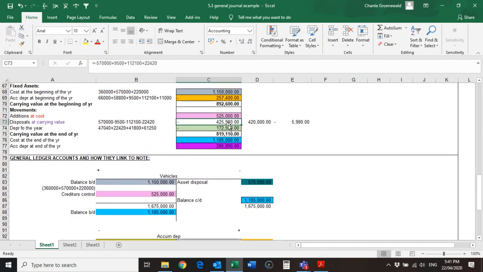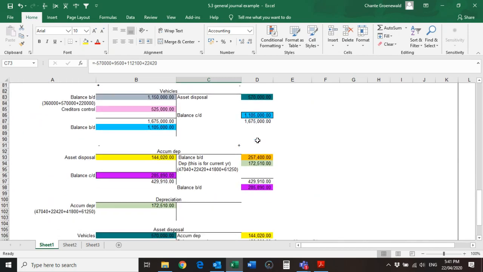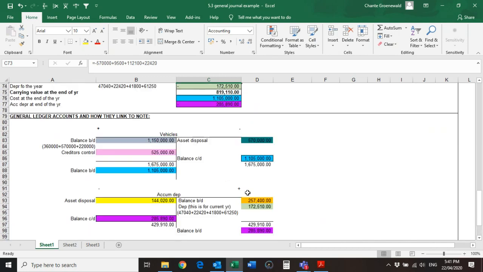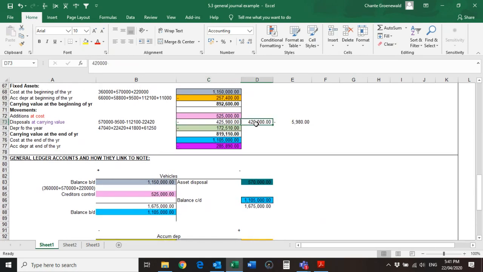So here you are disposing of it. Remember the minus, that's very important. Sometimes you guys forget that. Then you are going to de-recognize it. So here I showed you these two together will give you the carrying value. Here's also another method. I showed you how you are making a loss. You're comparing the carrying value to the selling price, and therefore that's the loss.